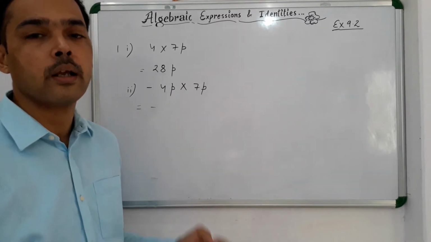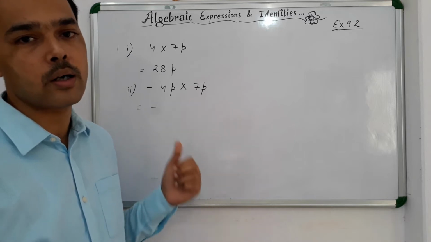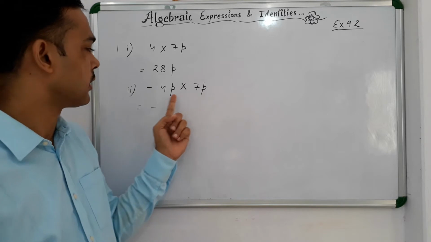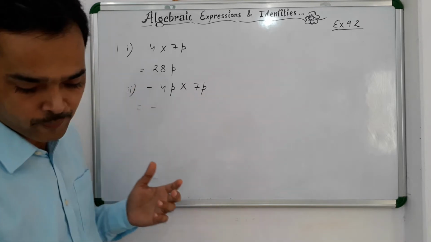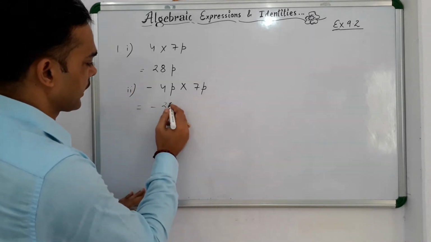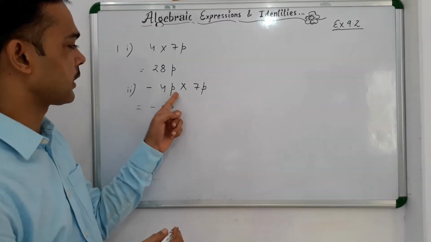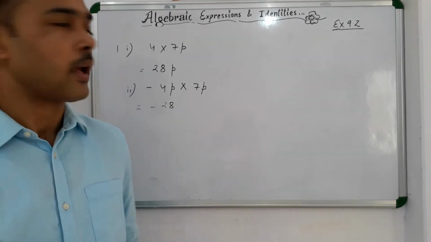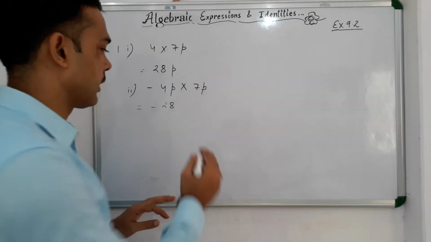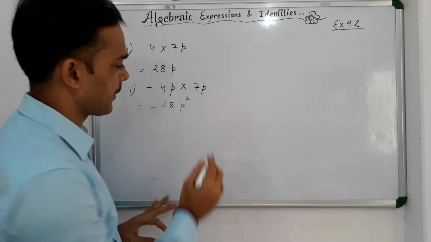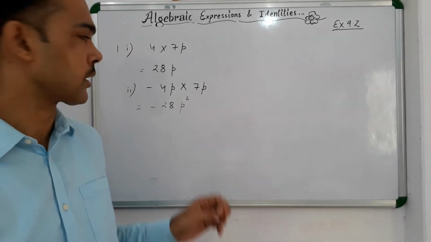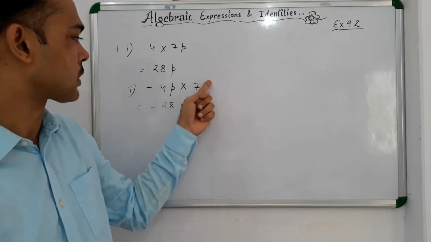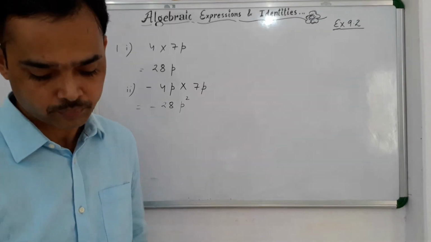Then what I have said, then you have to multiply constant by constant. So 4 is constant here, 7 is constant here. So 4 into 7 once again will be 28. So minus 28, and then this is p into p, because the last one is variable by variable, and p into p will be p square. You people already have studied about the laws of exponents. They are having same base, and 1 plus 1 will become 2.